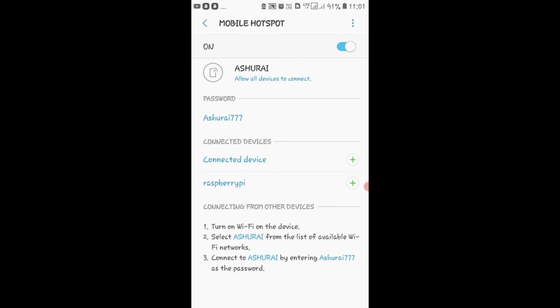Connected devices: number one is my laptop, number two is the Raspberry Pi. These two devices have to be connected for interfacing purposes. If the Raspberry Pi is not connected, then you have to reconfigure the whole WPA supplicant file from the top. And after that, if you are not able to get the IP address from Advanced IP Scanner,